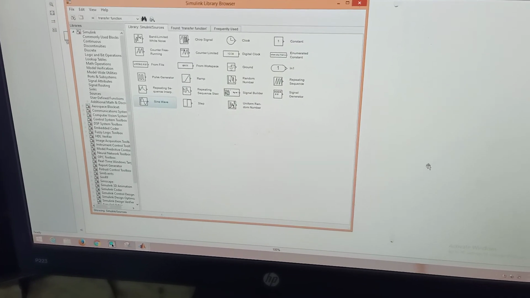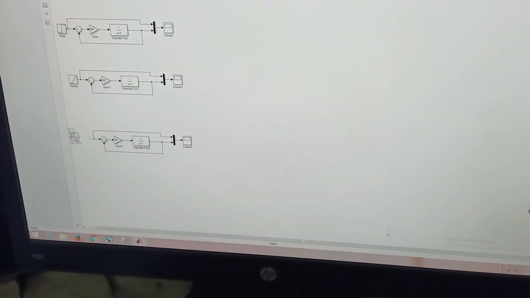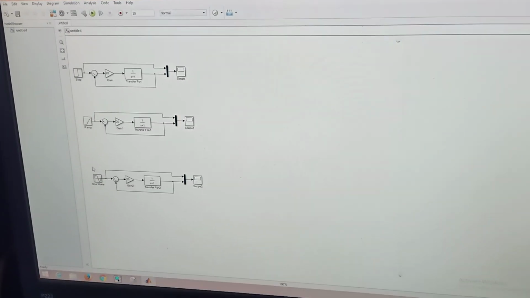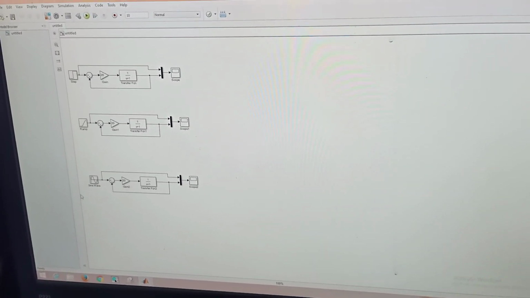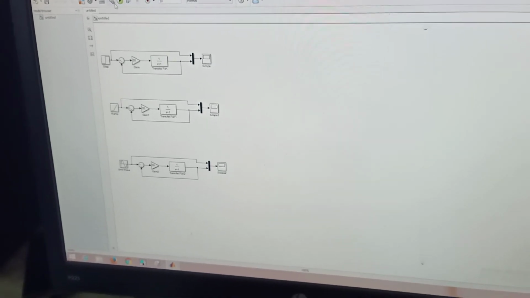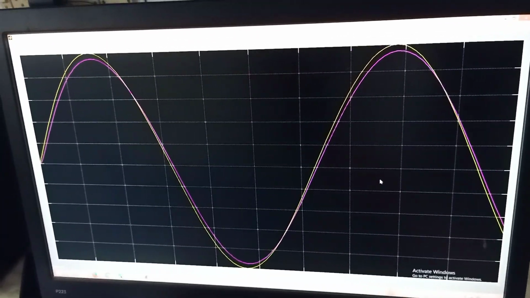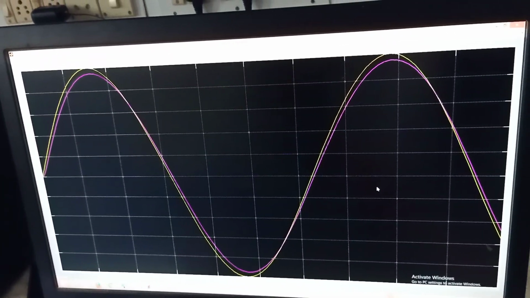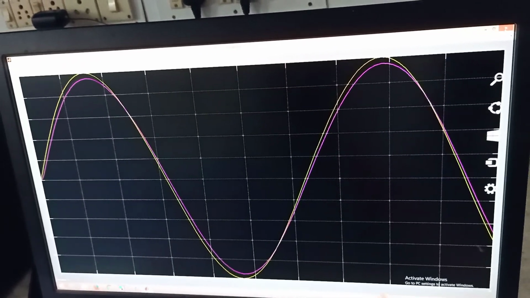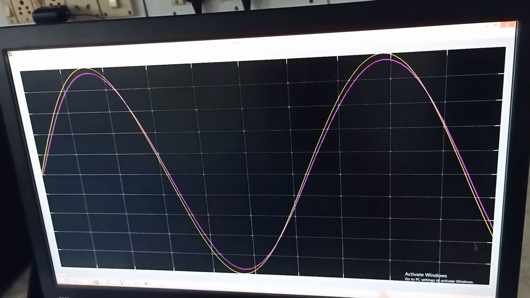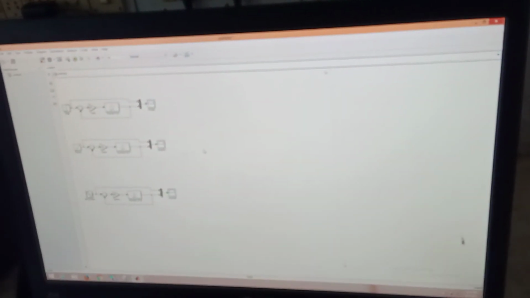Just drag this sine wave and add it to the untitled window. Now it is connected to the corresponding block. Now again you have to run the simulation block, then you will get the corresponding output for a given sinusoidal input signal. This is how you can verify the transfer function based on a given input signal. Okay.